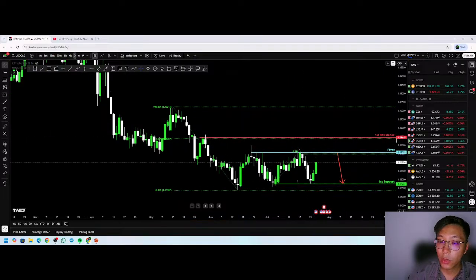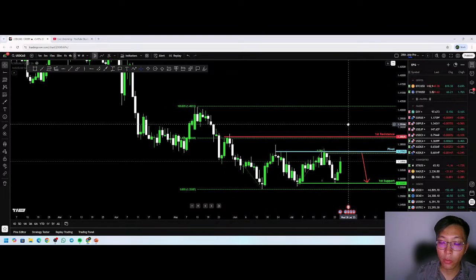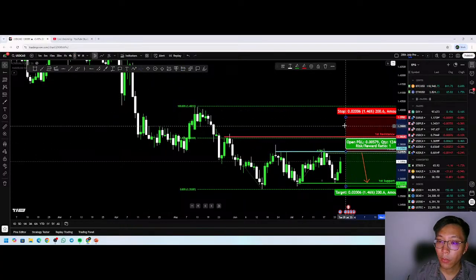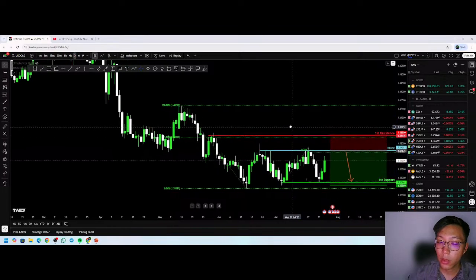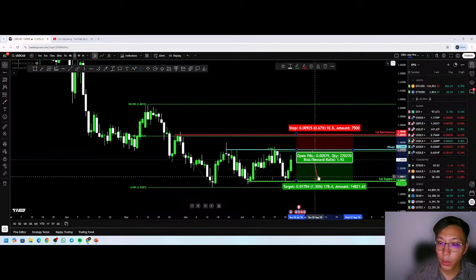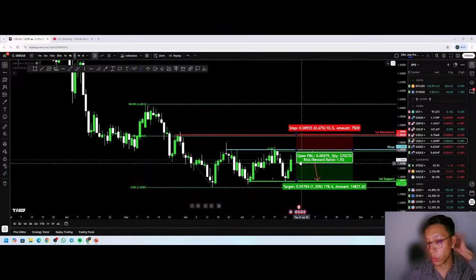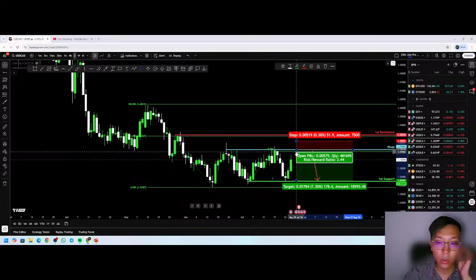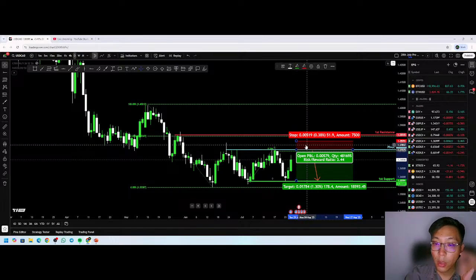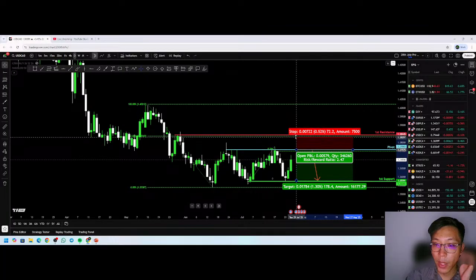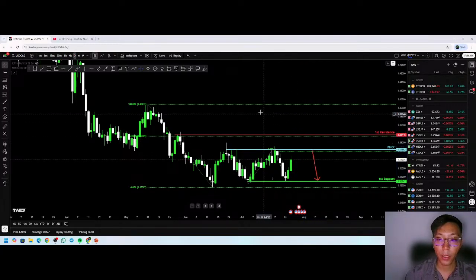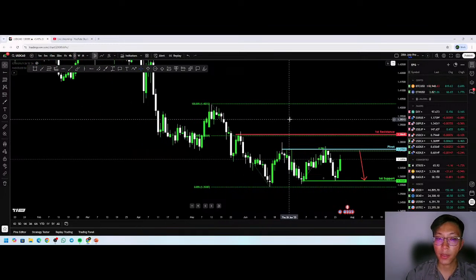Okay, so this should be a pretty simple trade if you want to enter this USD trade, right? You can enter off here, stop loss around here, TP. So it's about 1:2 risk to reward ratio. You could reduce it by placing it above this high to get a better risk to reward ratio, right? But I would suggest extending it a little bit, right about here, to get a 1:2 risk to reward ratio. Okay, this is for USD CAD.